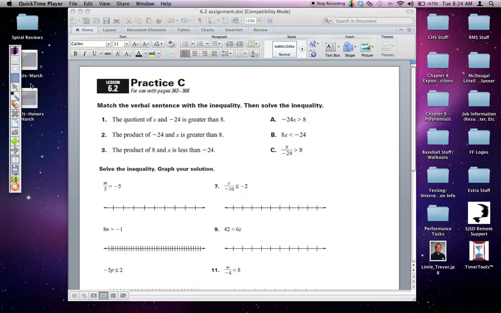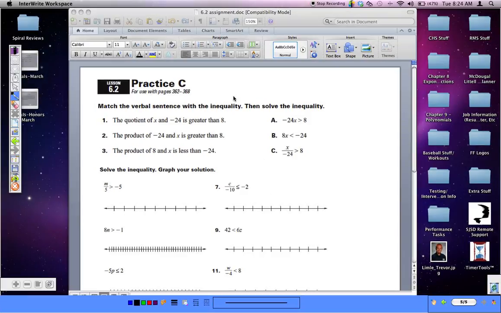Hi guys, this is a continuation of the screencast from 6.1. We're still working on graphing inequalities. That's still the overall goal, the overall concept, and we're still putting them on just number lines. So this is one variable inequalities. Okay? So when we go into graphing these ones, the verbal sentence with the inequality, we have to match this